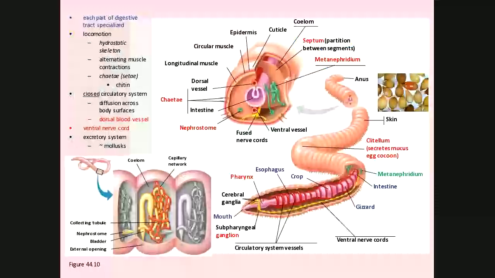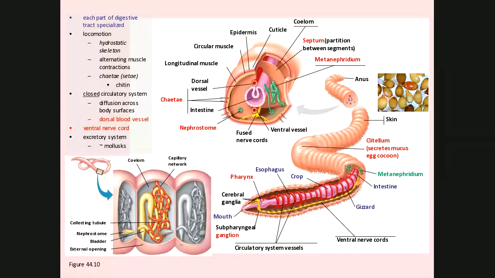All right, so as I said, specialization of the digestive system. One of the things you can do with segmentation. So on the front, you can have the mouth, followed then by the esophagus, the crop, the gizzard, the intestines. All those things I'm describing in that picture can be used to specialize. So these organisms can become specialized in their function in their environment.